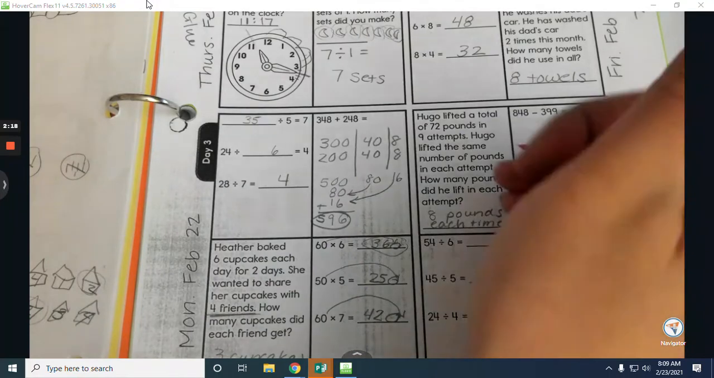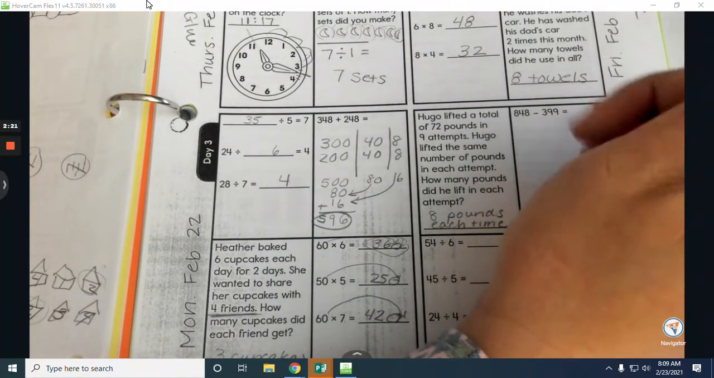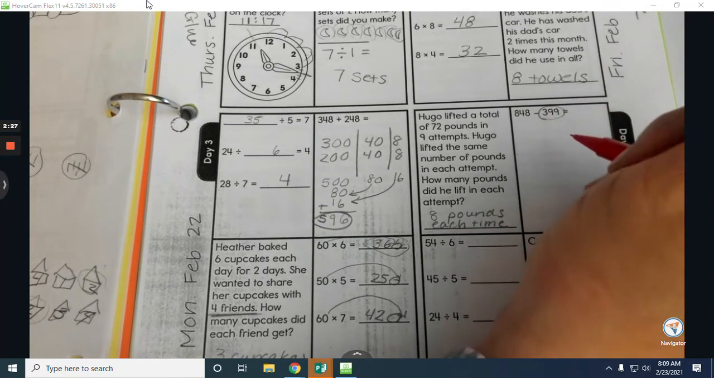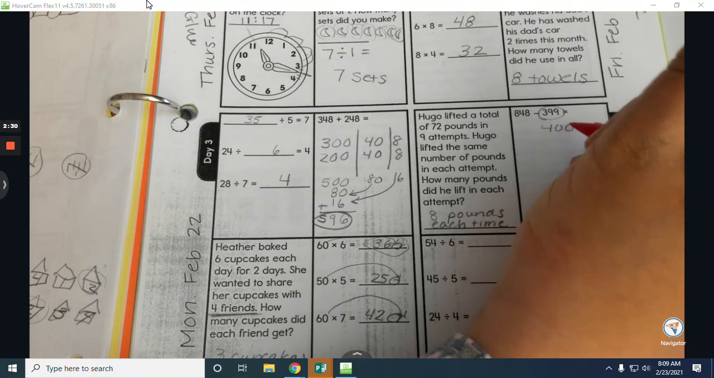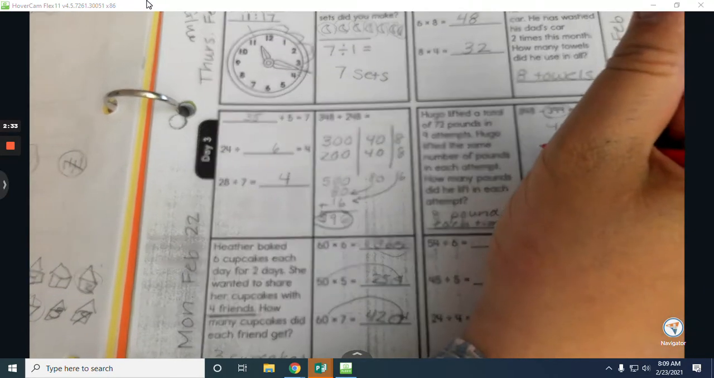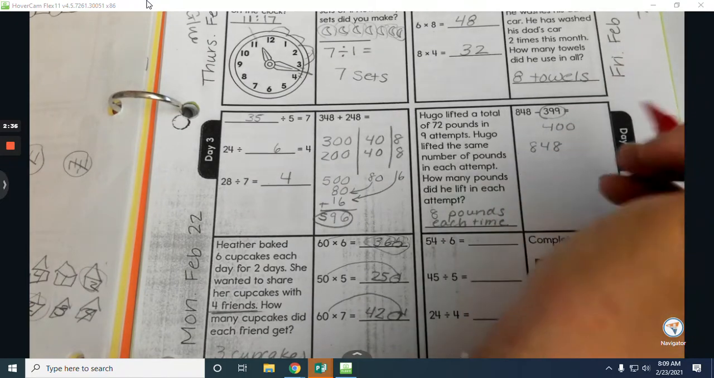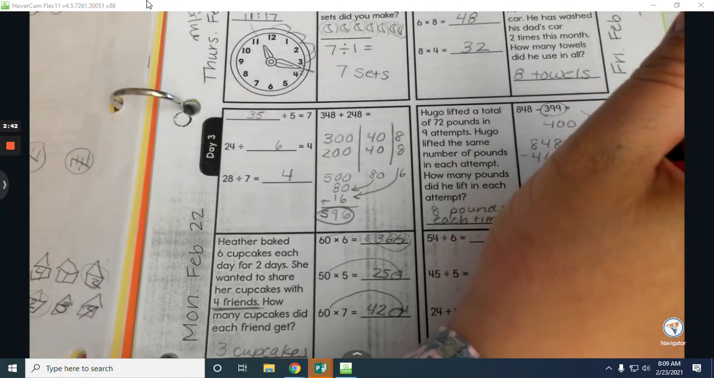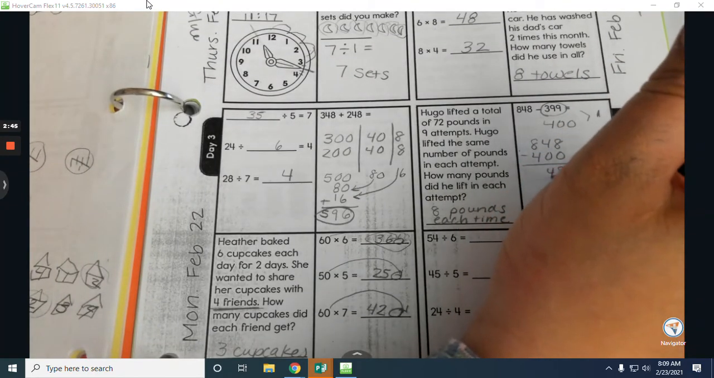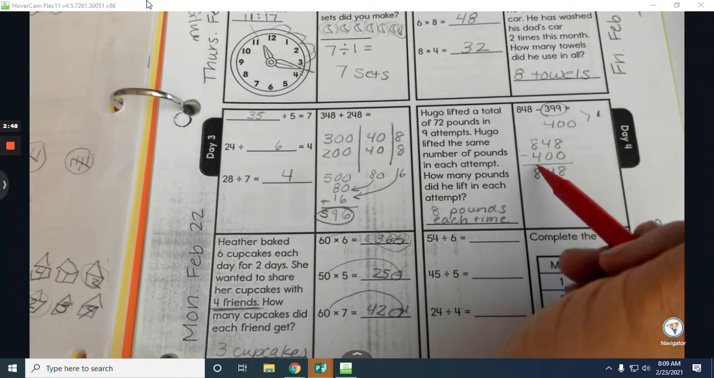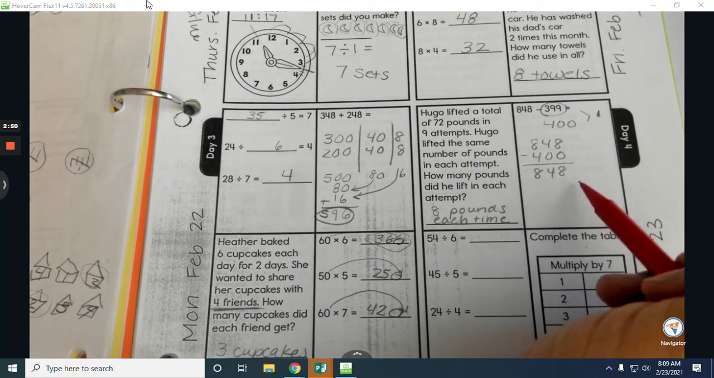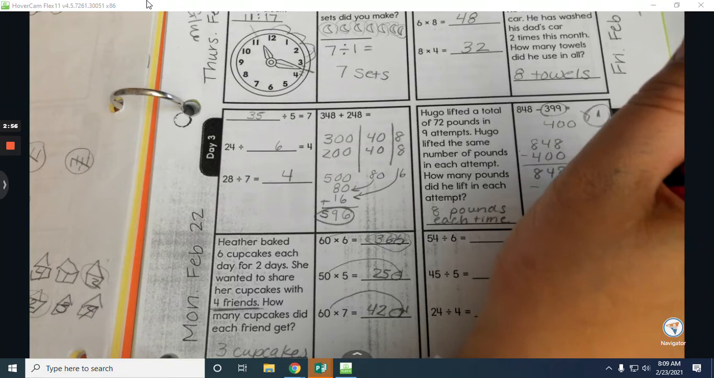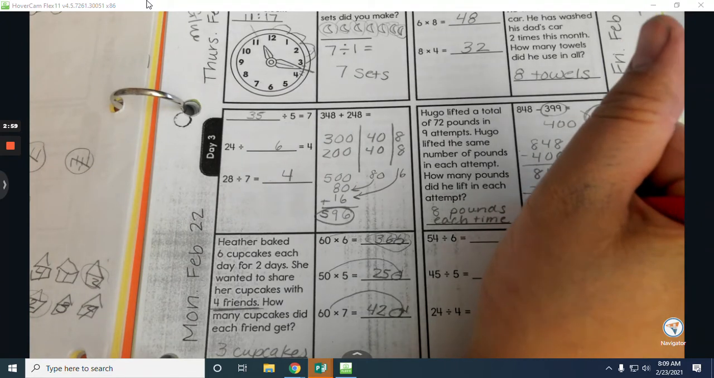Okay, 848 minus 399. Well, I am going to take this number right here, just knowing my number sense, and I'm going to just round this to 400. It's super close to 400. So if I take 848, but remember the difference of this is 1, and I subtract 400, I can do that easily. But the answer isn't necessarily 848. Remember, we have this difference of 1, so I have to subtract 1 more, and that's going to leave me